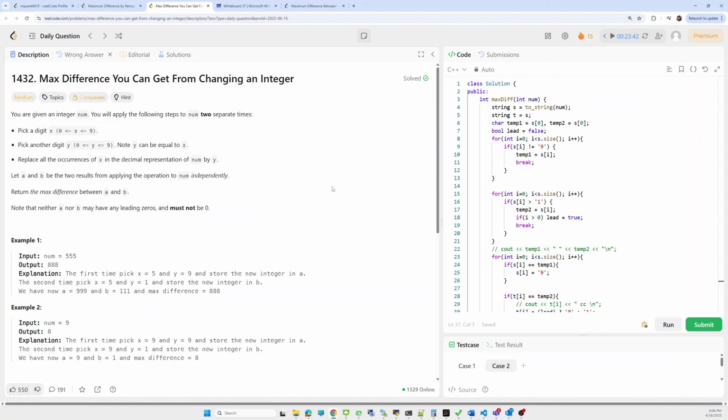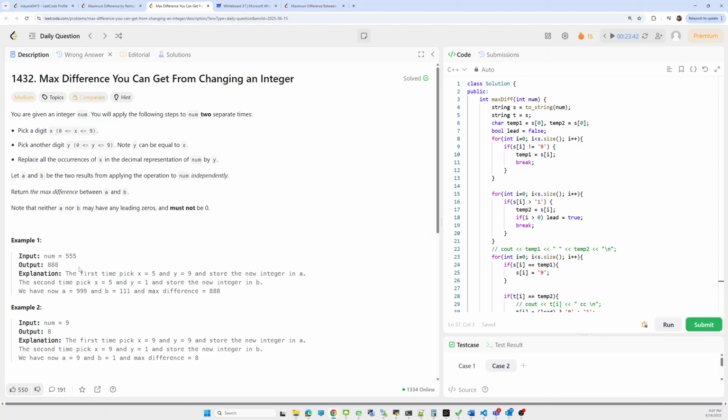To make the maximum number, we apply the same approach: we have to find the first digit which is not equal to 9, and replace all occurrences of that digit with 9 in the string.